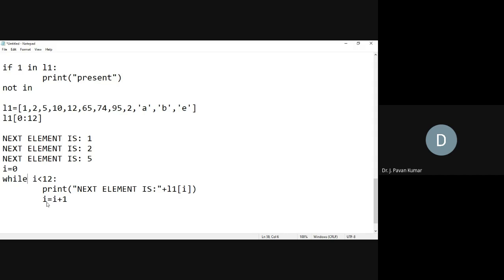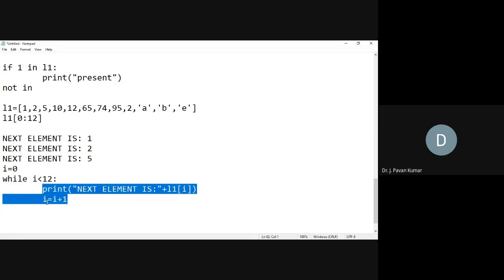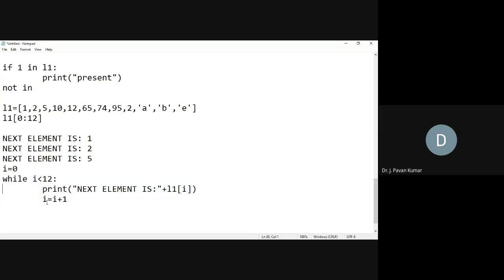Similarly, here while is one loop. While some condition is there, whenever this condition is true, the statements that we have included by giving the indentation will be repeated.